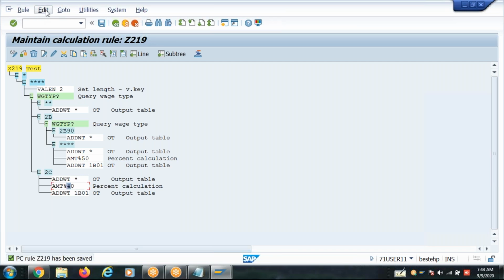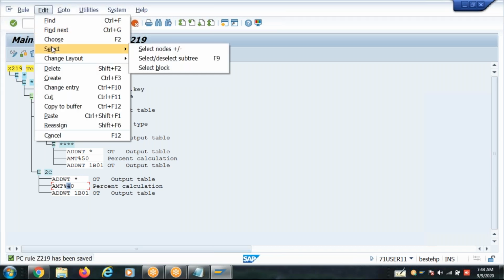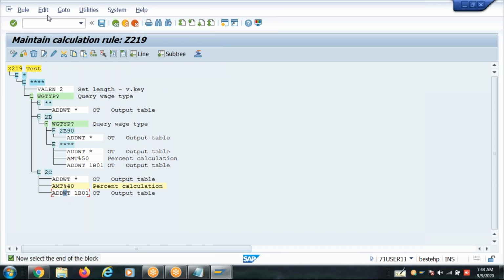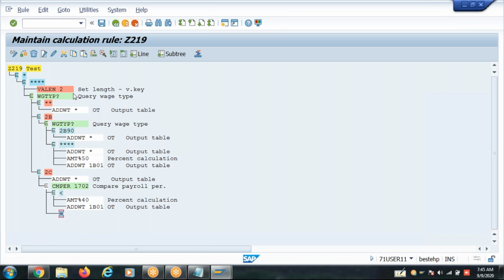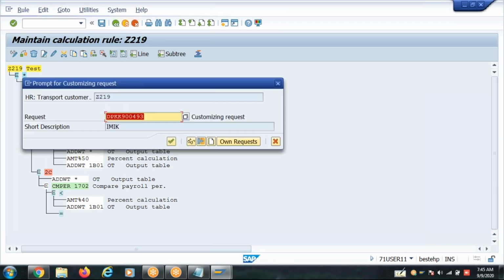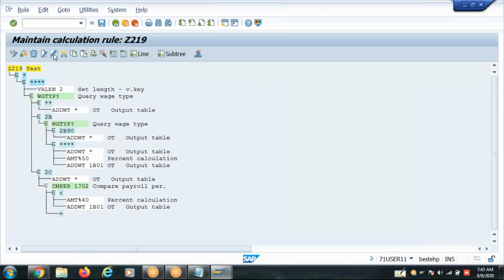So here, before you apply that calculation, CMPER 1702, if it is lesser than and equal to, not equal to, put star, means equal to and greater than.